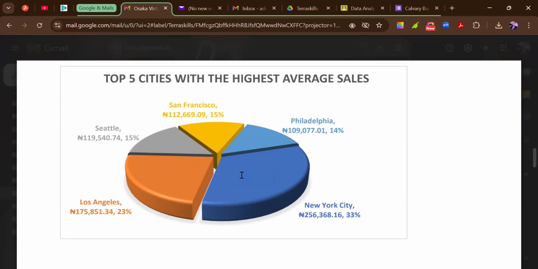If you have a kind of work like this, there are some things that don't even need to be there. Some people are actually going to do something like this and still put a legend. They will still go ahead and put a legend beside this thing. What do you need a legend for, when you know that your blue is showing you that it is talking about New York, while your yellow is talking about San Francisco, while your, I think this is gray or ash color, is talking about your Seattle? Why will you need a legend anymore? So knowing what to put on your chart and when to put it is very, very important.